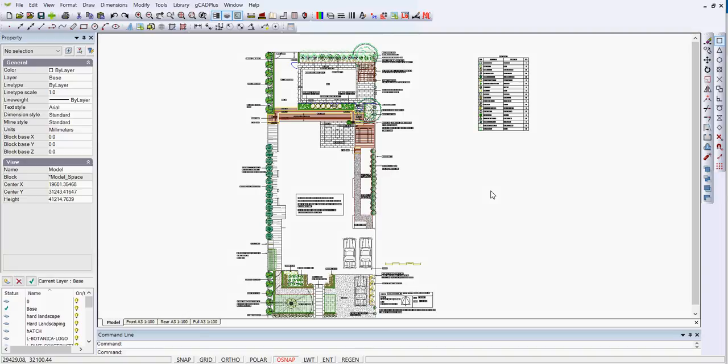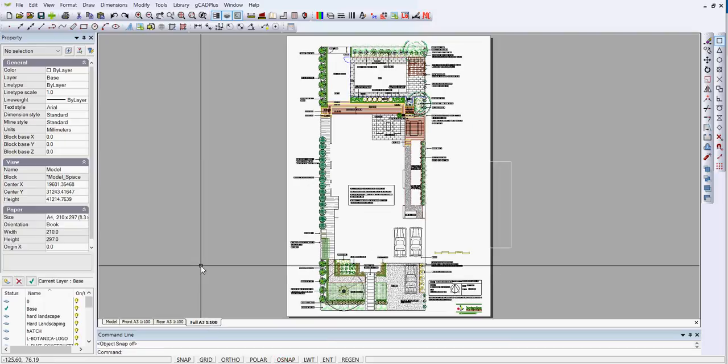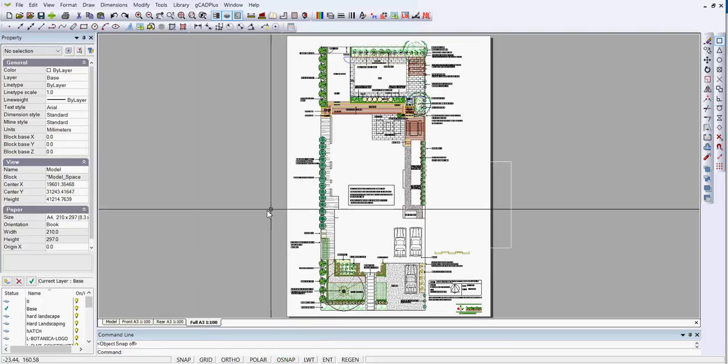The plant schedule that's been generated in this design has been placed well to the right of the main design itself. The reason for that is that we would like to display the plant schedule in its own floating viewport. Let me move into an A3 sheet labelled full A3 at 1 to 100, and let me select the floating